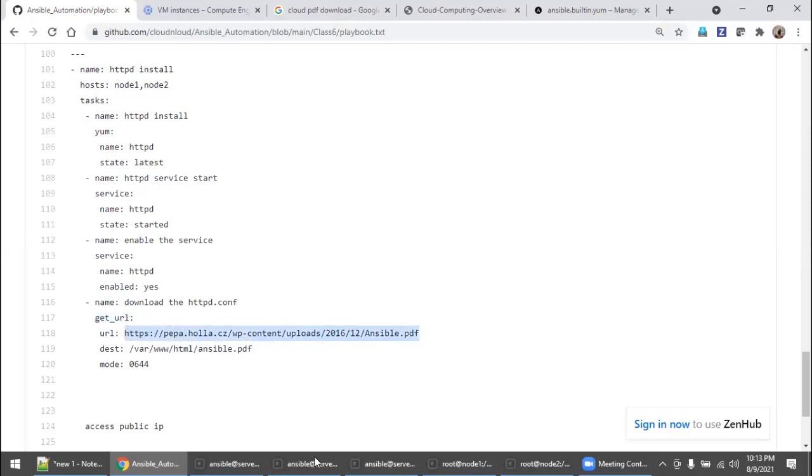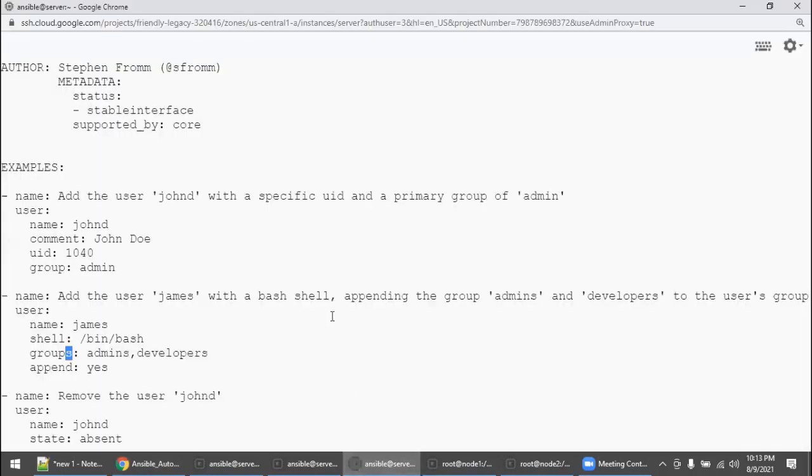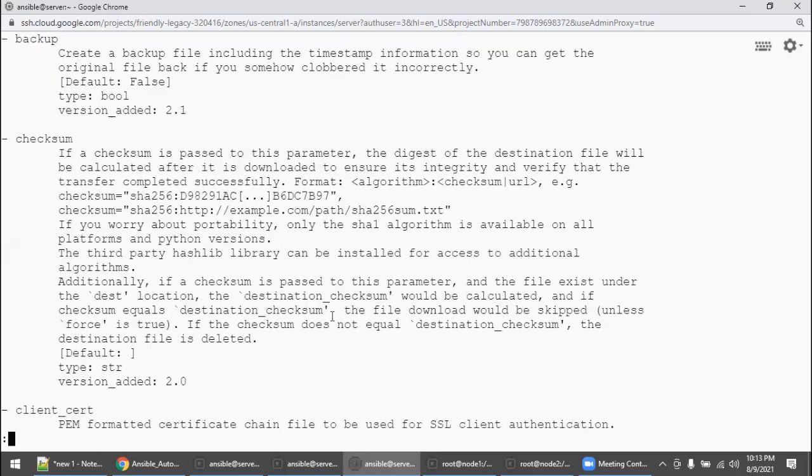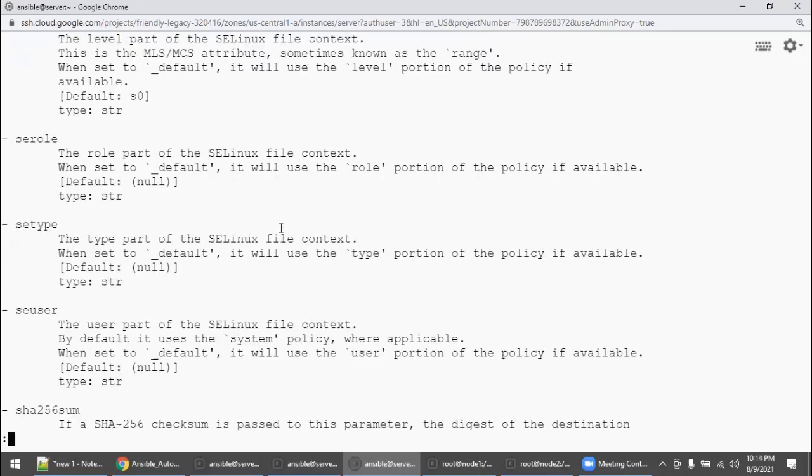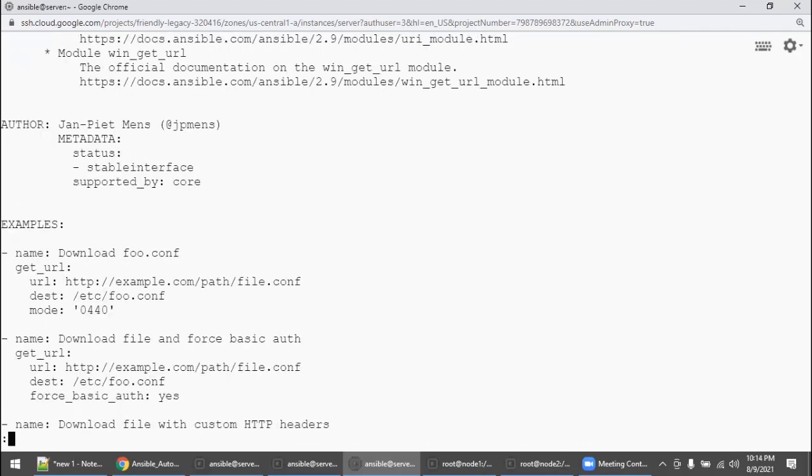URL. So get_url. Let's go to the third window, right? Third window, ansible-doc get_url. Go to your examples. In example, exactly this is how. See, download foo.conf. Where is it? It is there in example.com, this URL.